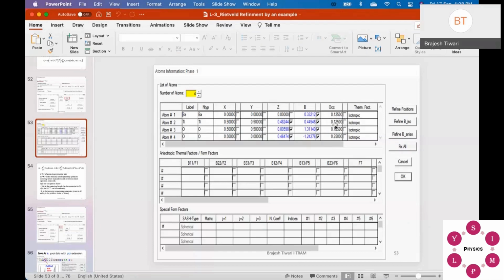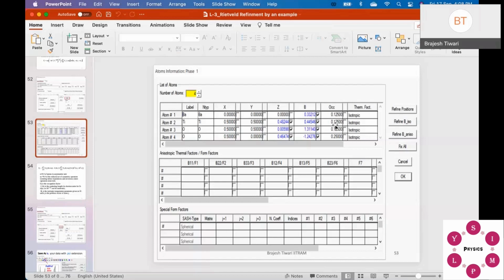If suppose you are having a material like spinels, or double perovskite, I think you may have heard of, like La2FeCrO6, one example. It can be La2MoTiO6 or something, anything you can take, where molybdenum and titanium are sitting on the similar site. And you don't know how much molybdenum, how much titanium is replacing each other. So that parameter you can refine and you can get the idea.